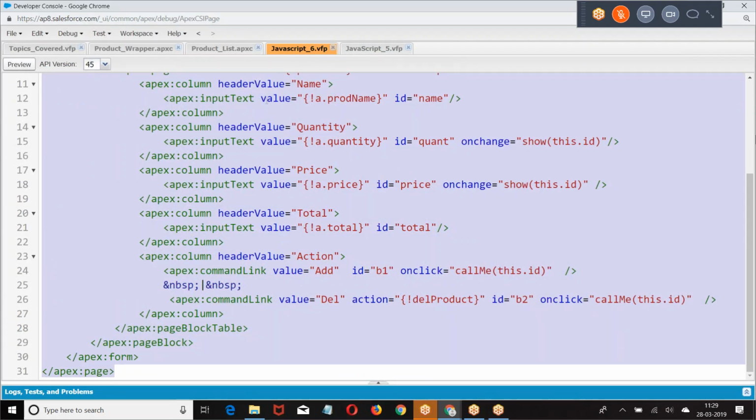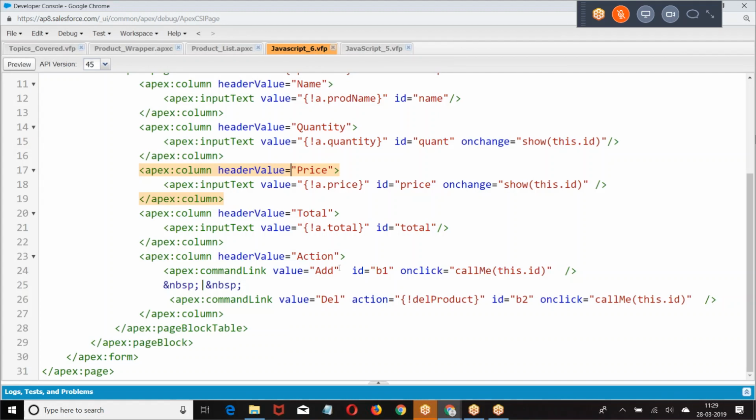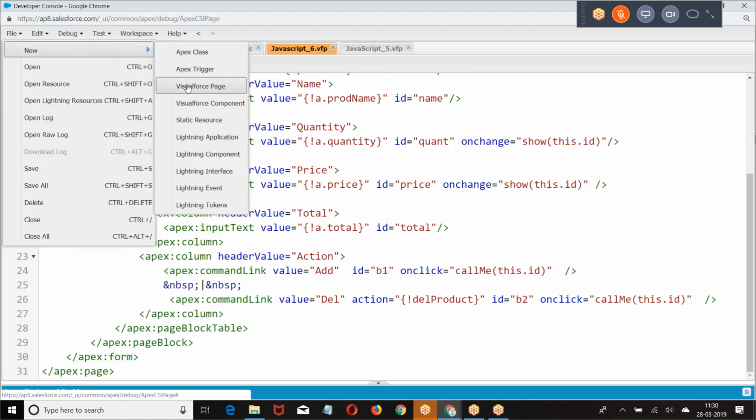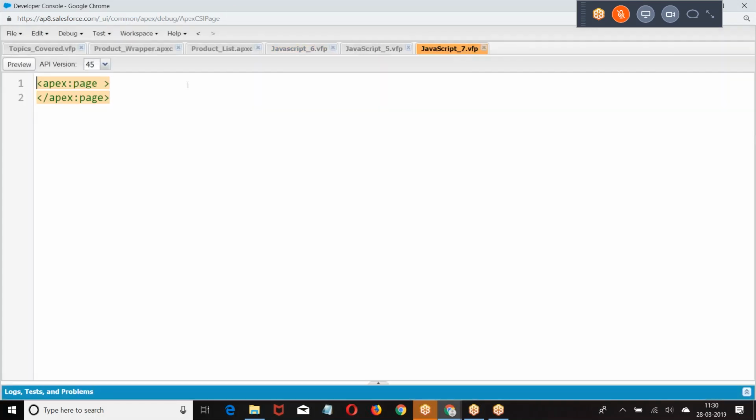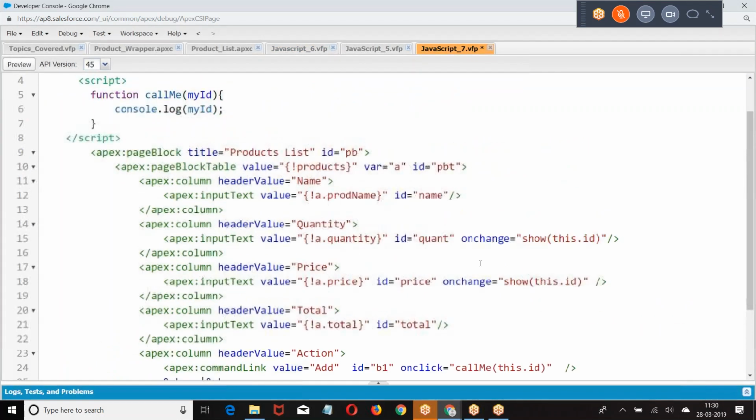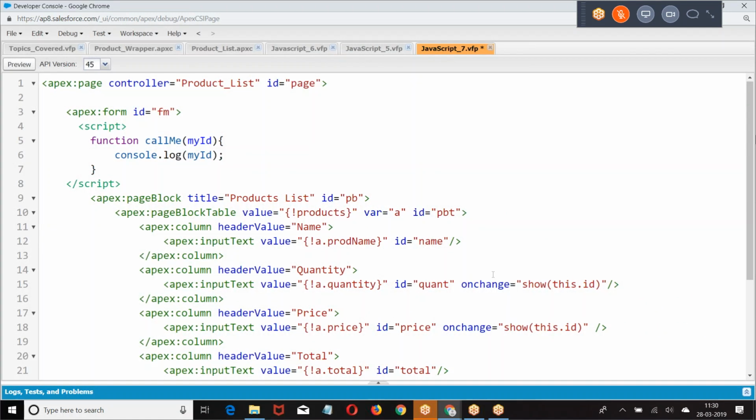No, action for command link for add button is missing, sir. See, that's a different. When you say on click, first on click will happen, then followed by action, then followed by on complete. So on click will run first. There's nothing wrong with the code. Let me cross check. Let me try from here.